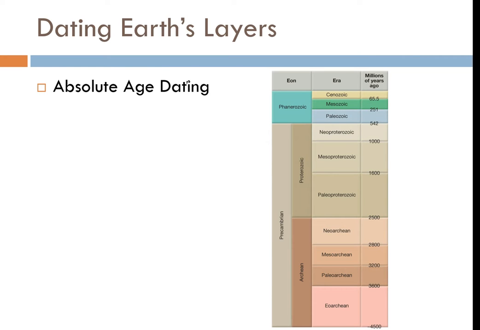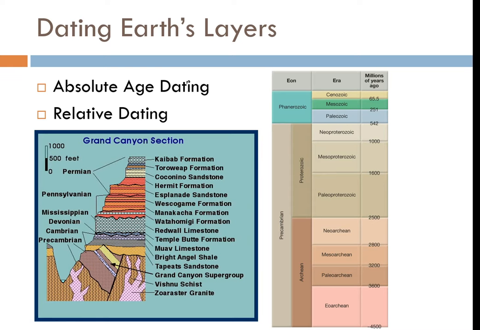Now the key to absolute age dating is that it gives an age of the rock in numerical years. For instance, you can see on the geologic time scale on the right of the screen here that you have ages going down. So for instance, the Mesozoic ends at 65.5 millions of years ago. So that's a numeric age versus